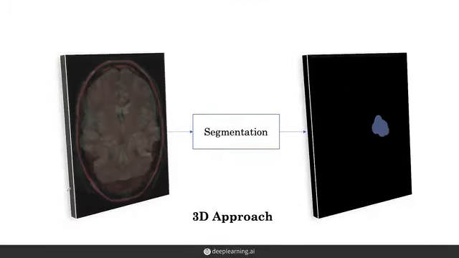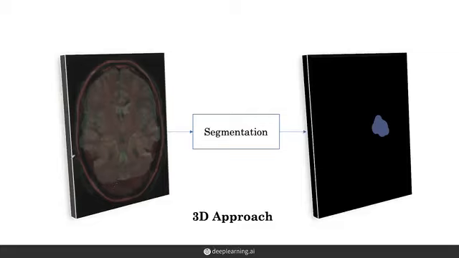In the 3D approach, ideally we'd want to pass in the whole MRI volume into the segmentation model and get out a 3D segmentation map for the whole MRI. However, the size of the MRI volume makes it impossible to pass it in all at once into the model. It would simply take too much memory and computation. So what can we do instead to still have the model be able to get this context information in the depth dimension?